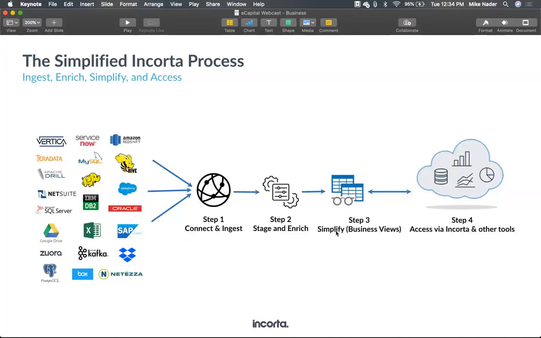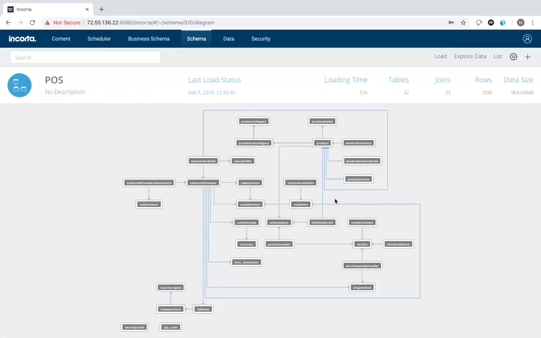You build your house, just pull the data in. You click Explore Data, you're up and running. You only need those steps: connect, ingest, stage, and step 4, access. But step 3, in complex data sets like the one we're looking at for this point of sale system, is intended to make it simpler. There are all kinds of questions I can answer for those transactions. Let's say right now I want to talk about sales data, just sales data.